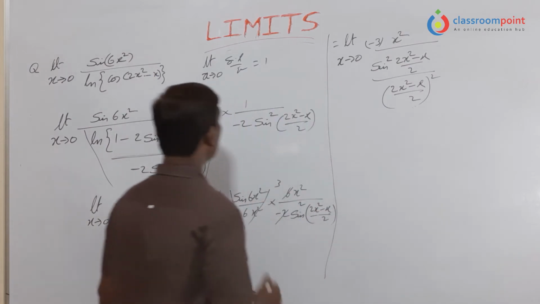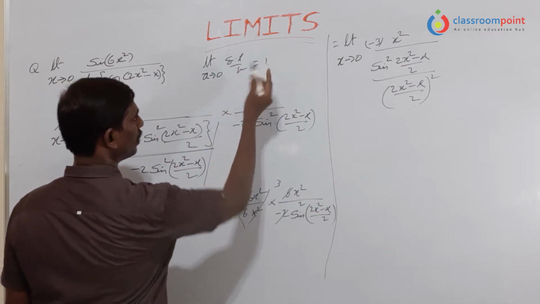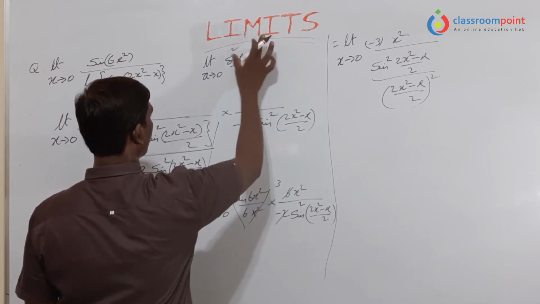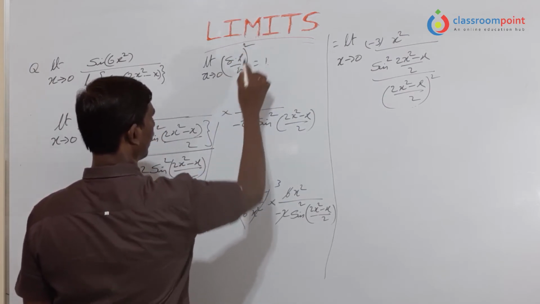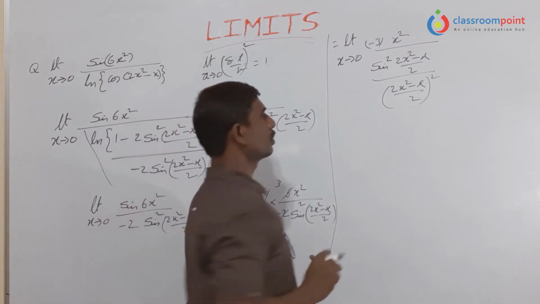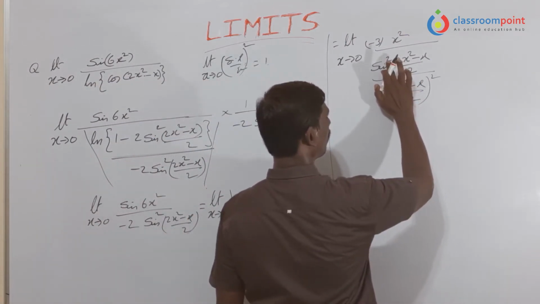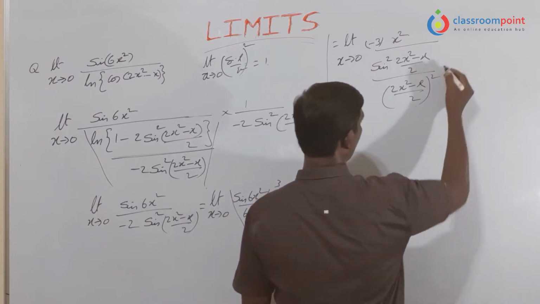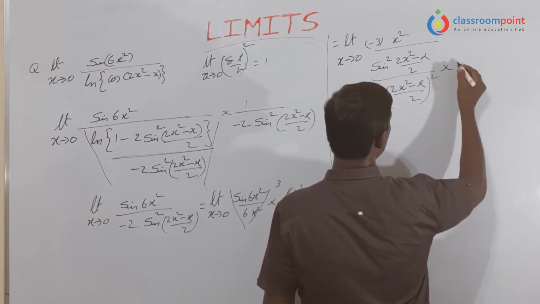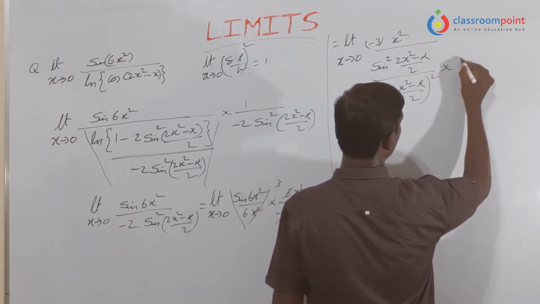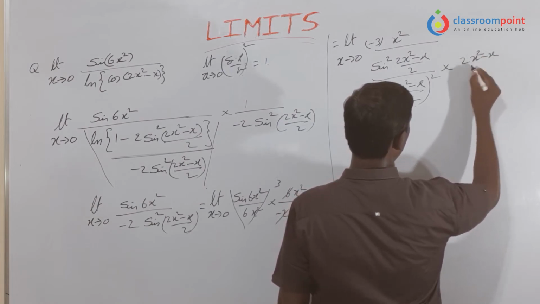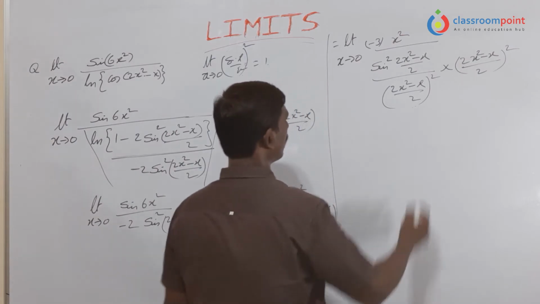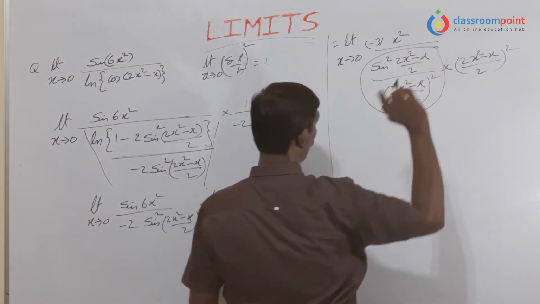Why? Because sine x by x is equal to 1. Suppose the square is here, then you should take the square also. Then what do we get? Automatically the whole square we get here. Then the result is 1. So like that, you should write: you have the square here, then you should write the square also for this one. Then multiply and divide. So dividing this one, then multiply with this, (2x square minus x) by 2 whole square. Right? Now this total is 1.